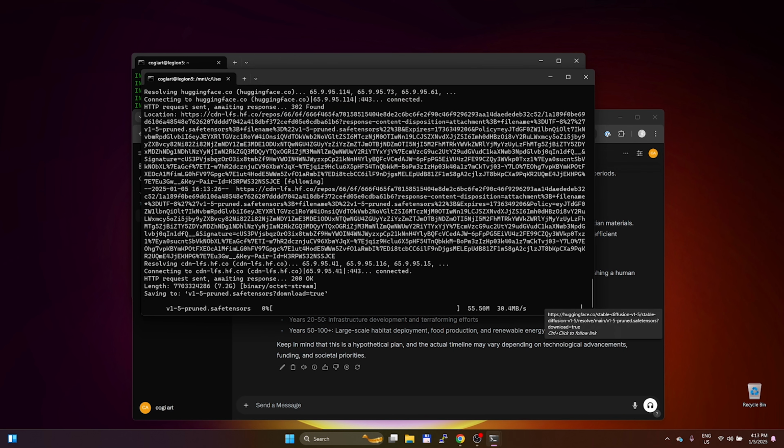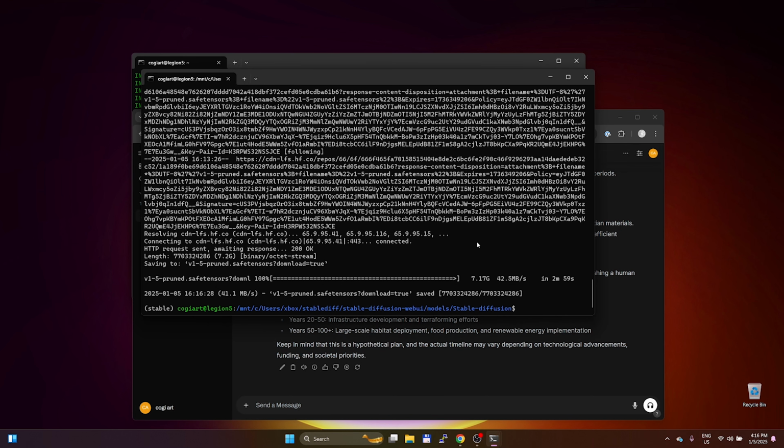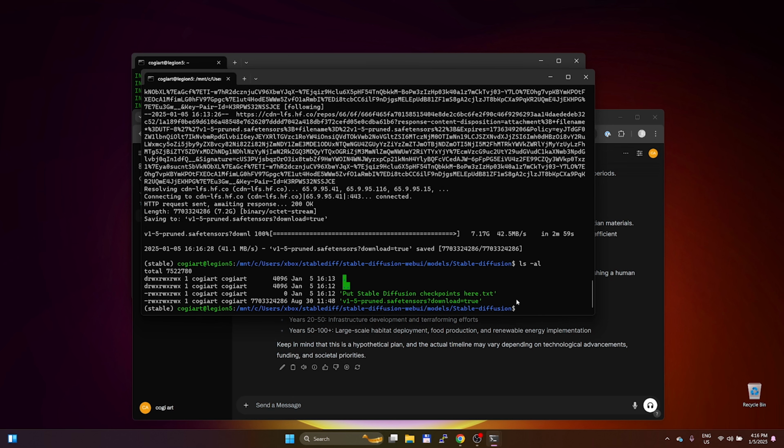And now this is a really long download. It's 7 gigs. Now we should wait. The model finally downloaded. That really took a long time. And now we can list to see if it's there. But it has this really weird name with this question mark download equals true. So we can use the move command.